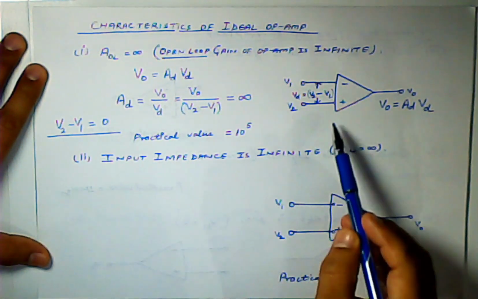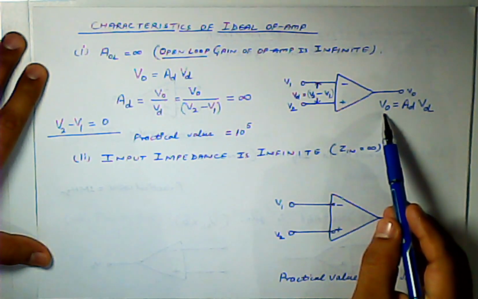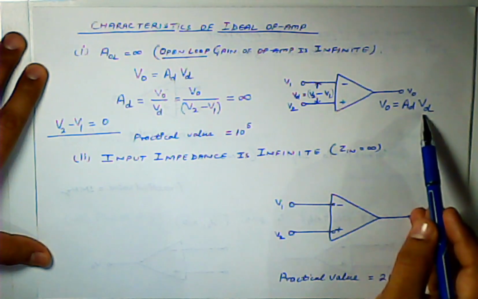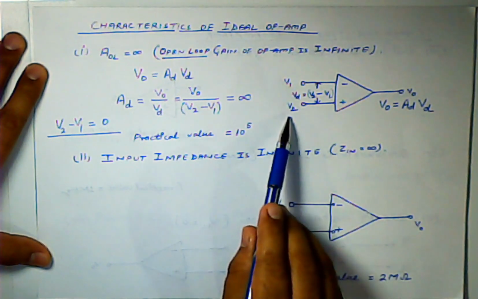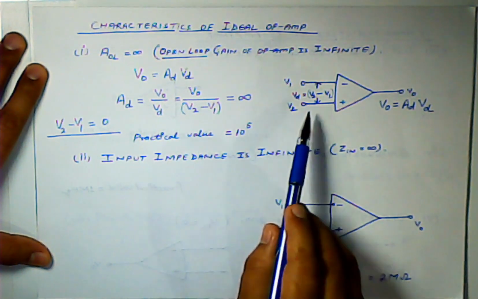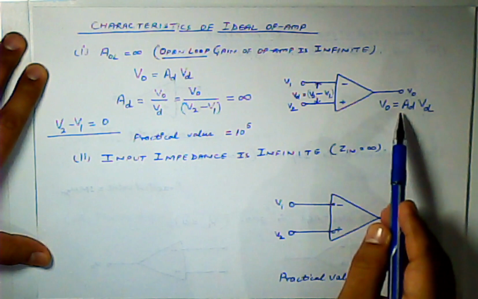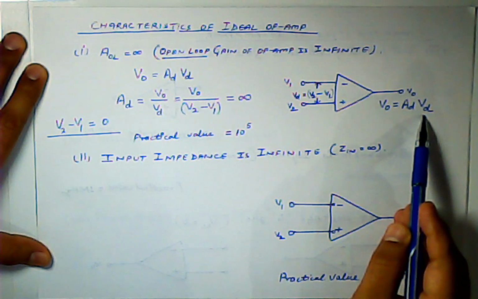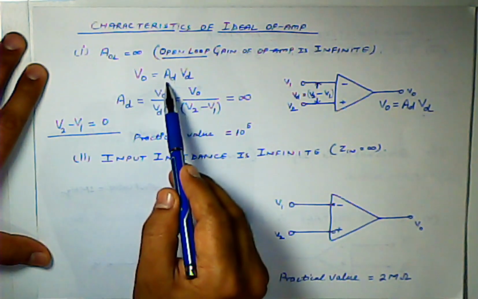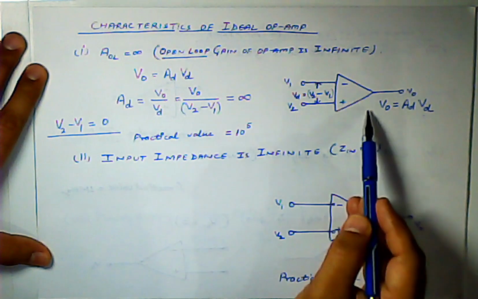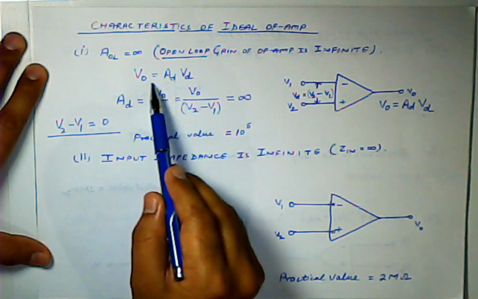Okay, so this op-amp is a differential amplifier. So the output of the op-amp is proportional to the differential input. Two inputs are here, V1 and V2. So the differential input is V2 minus V1. Output is proportional to VD, that is the differential input. So output is AD into VD. What is AD? AD is the differential mode gain, or you can say in this case, as the system is open loop, this can also be called the open loop gain. So output is AD into VD.